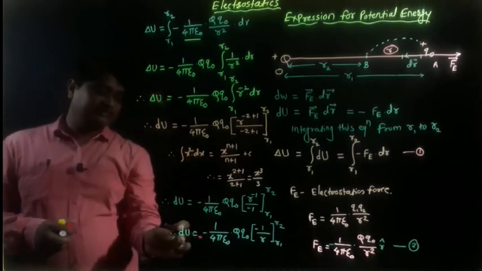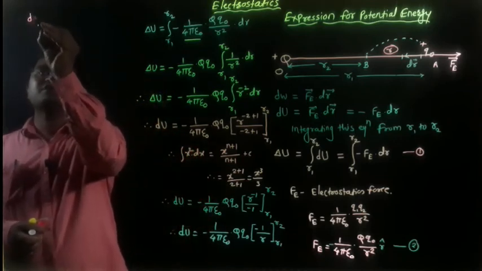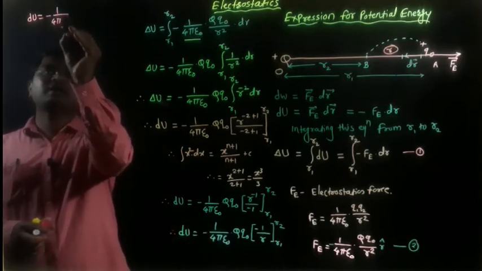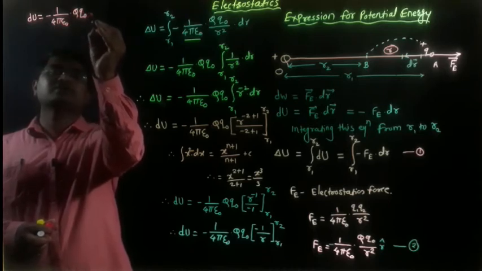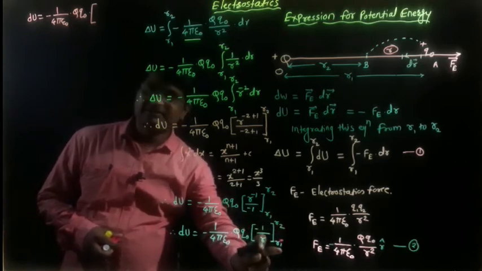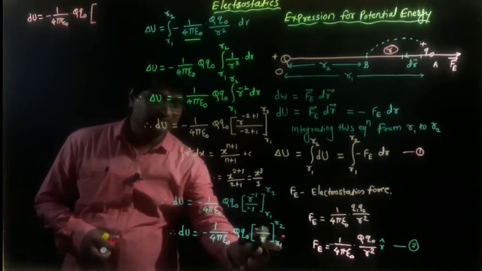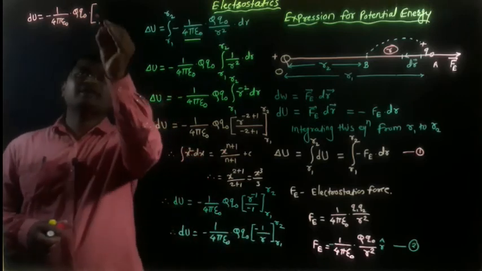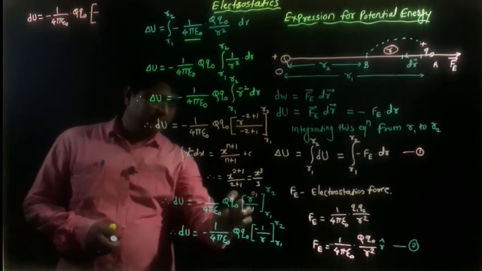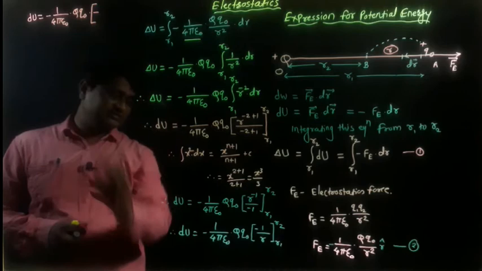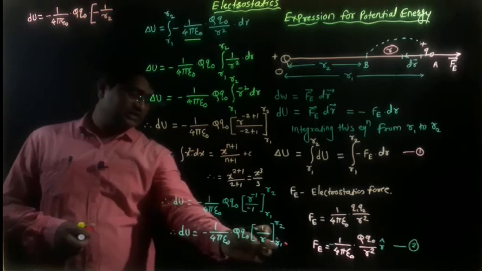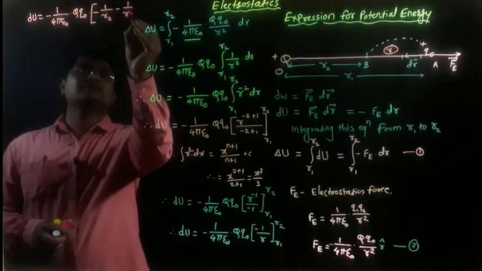Now let's see here, we can find out the change in potential energy. So the change in potential energy is equal to minus 1 upon 4 pi epsilon naught into q naught into, let's see here, the final limiting value r2 and initial r1. So put in this equation. When we put the limiting value, the negative sign comes outside, so 1 upon r2, the second limit, minus 1 upon r1.